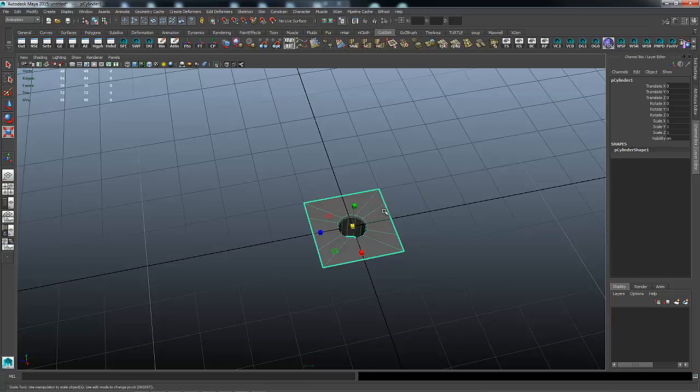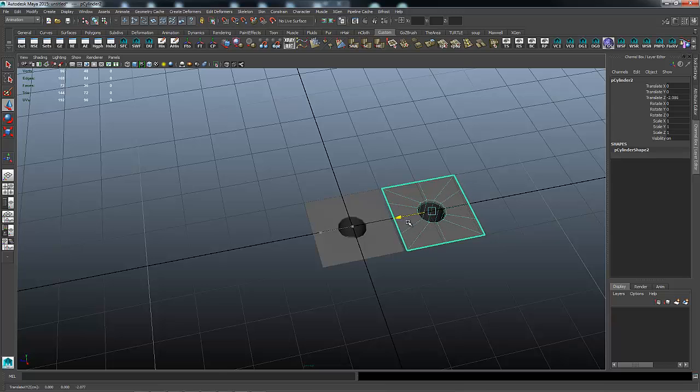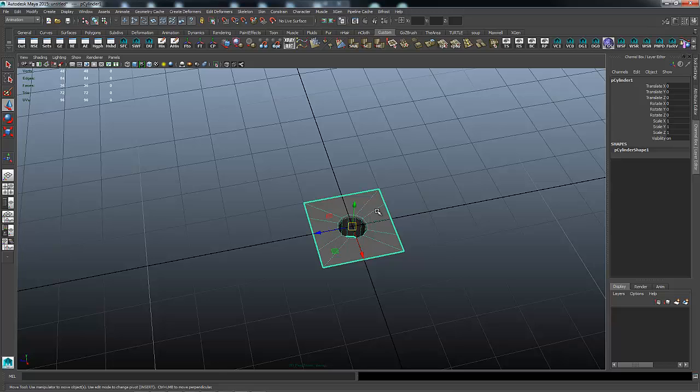And now I can come in here, and as we did before, I can duplicate this with Shift D, and I can slide it over. Now if I want them to line up edge to edge, a good way to do that is to change where the center of the object is. And I'm going to put it like I did before, holding the V key and then middle mouse clicking over that vertex. I'm going to move the origin of the object to that point,